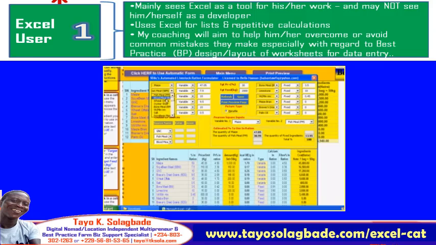What do I mean by best practice design and layout of worksheets for data entry? For instance, there is a standing rule in Excel reporting, spreadsheet reporting generally. You do not put your data entry worksheets, or data entry tables, in the same worksheet as your report worksheets, the one that contains formulas. So if you have anything that contains formulas, which will be the output from your data entry, you would put those in a different worksheet separate from the place where you make your entries,